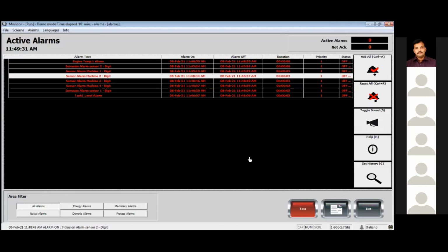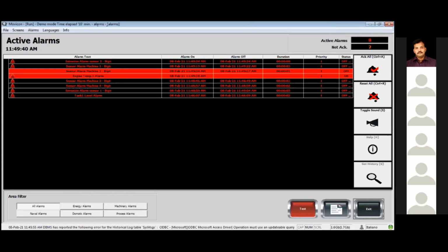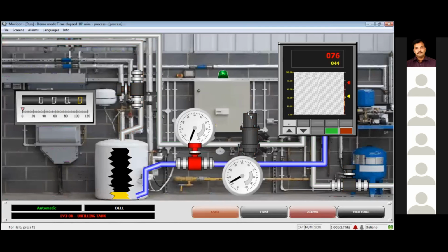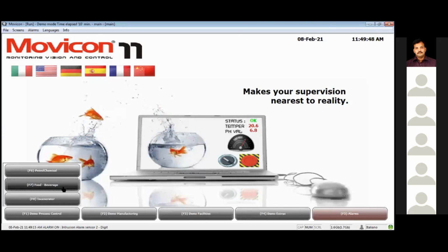Everything is recorded in the background, and I can generate a report and send it to my one. So these are all the few features of SCADA with respect to a chemical process, like food and beverage